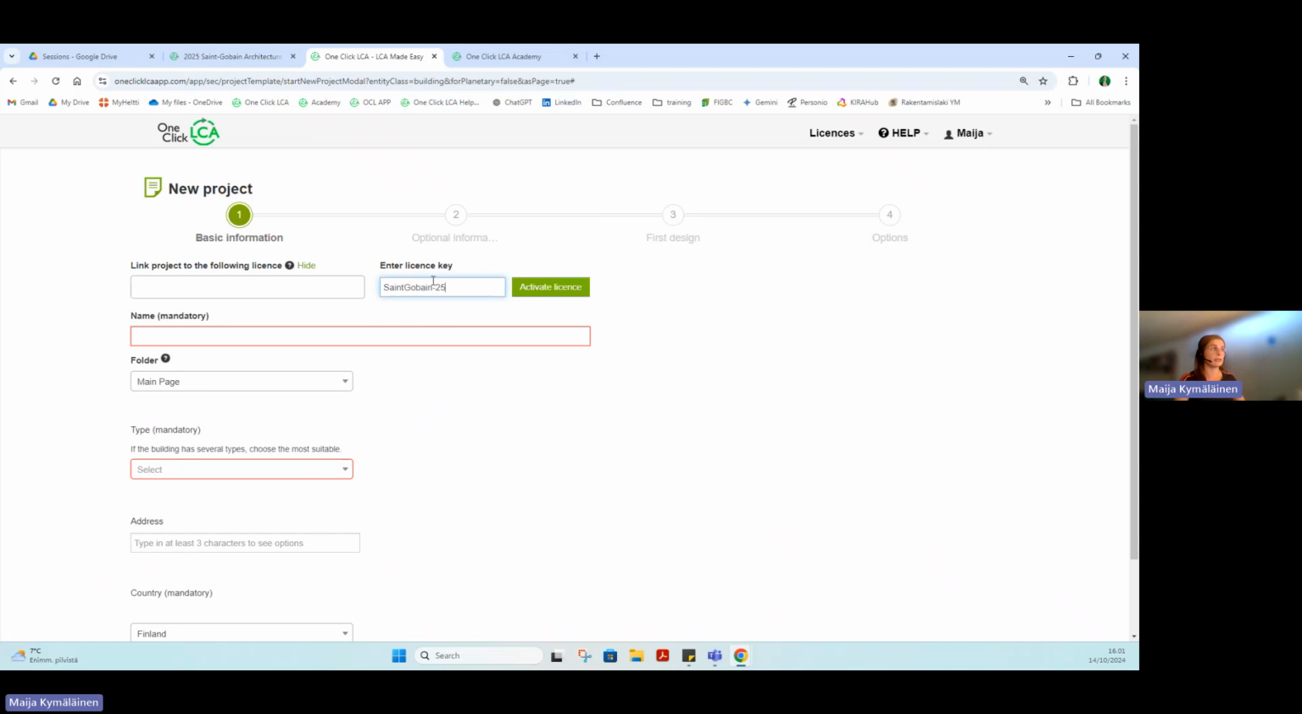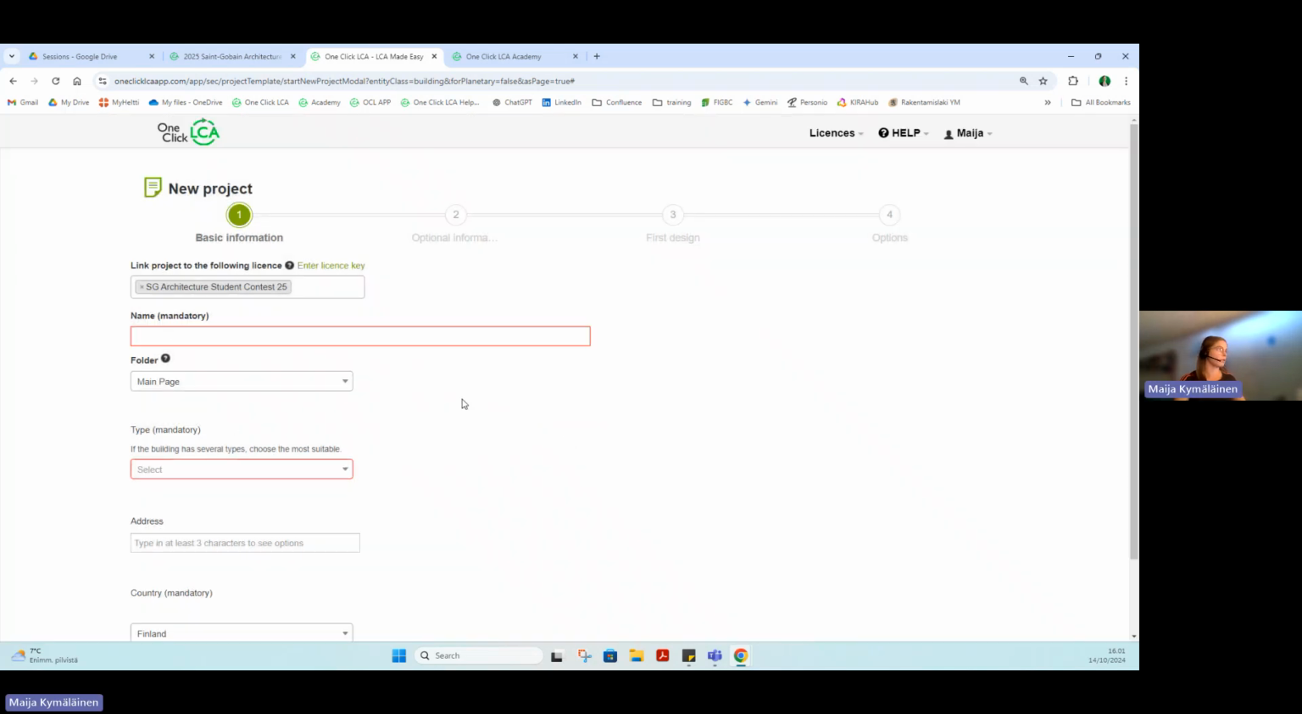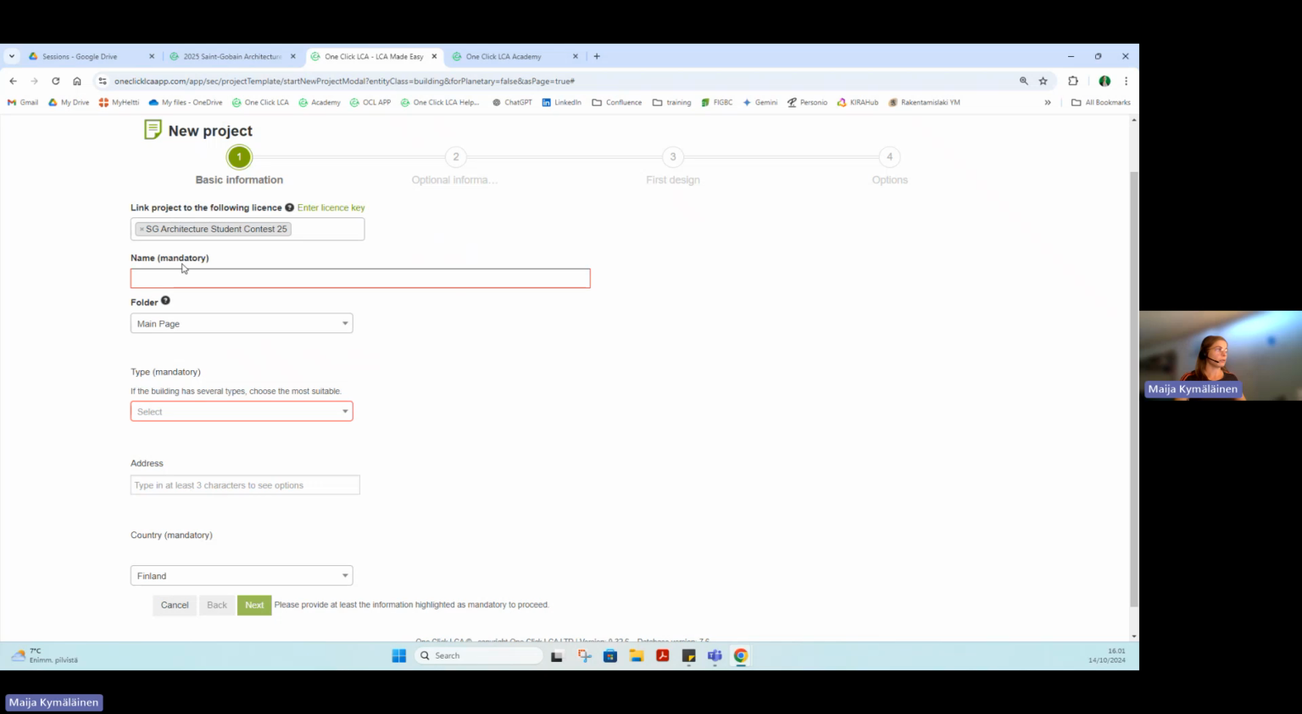And it is case sensitive, so make sure that you write it correctly, and then you just activate the license. It says you found the license, and we are happy with that. And it shows in red the mandatory parts. So here we are creating